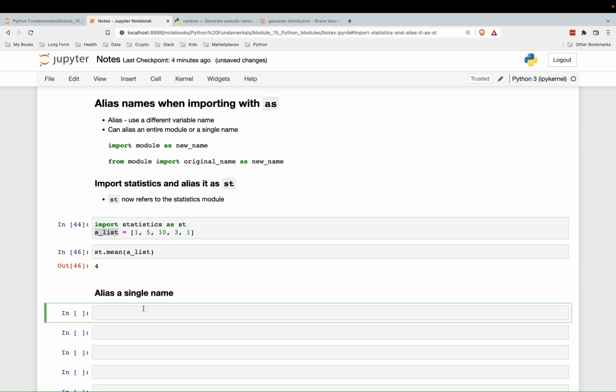All right, you can also alias a single name. So I'm going to use this pattern over here. So from the statistics module, I'm going to alias one of the names in here. From statistics import, and by the way, if you press tab over here, it'll list out all the things that you can import from the statistics module. So you don't have to remember what you need to import. I'm just going to import this one, harmonic mean,